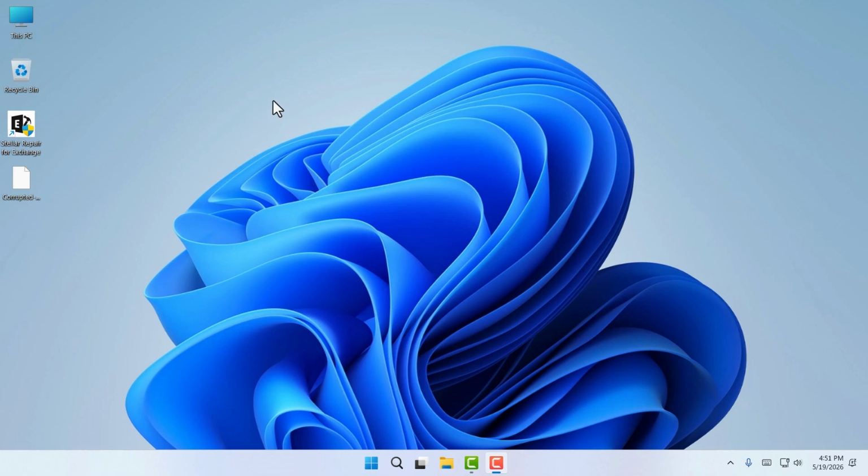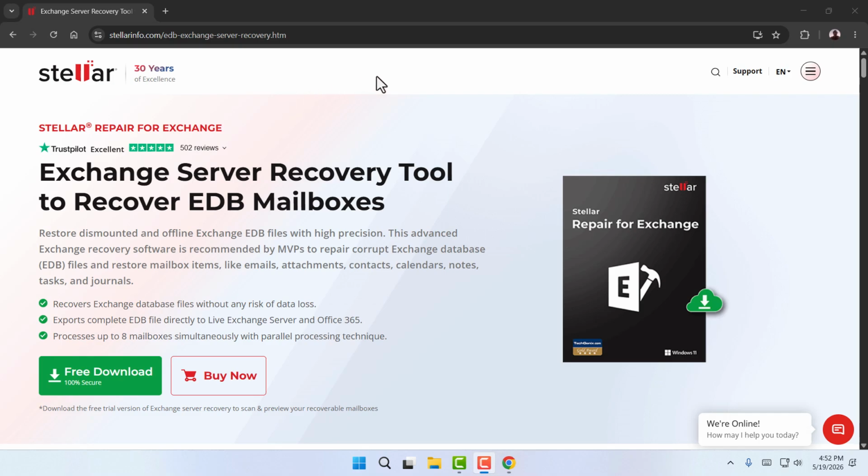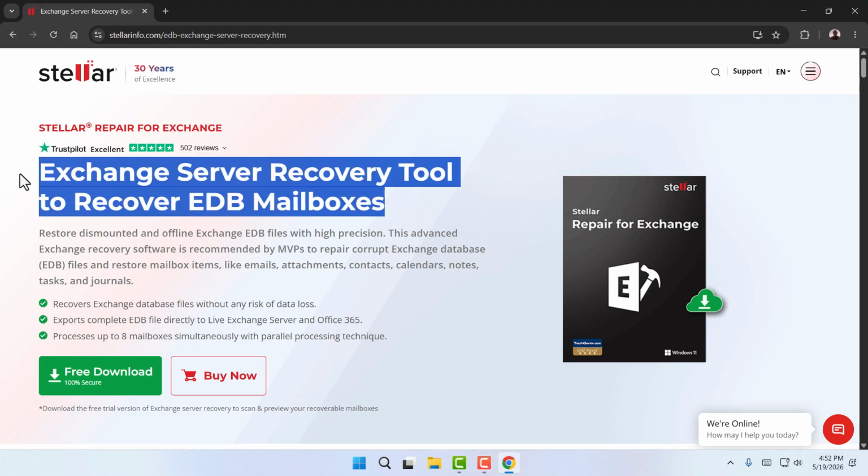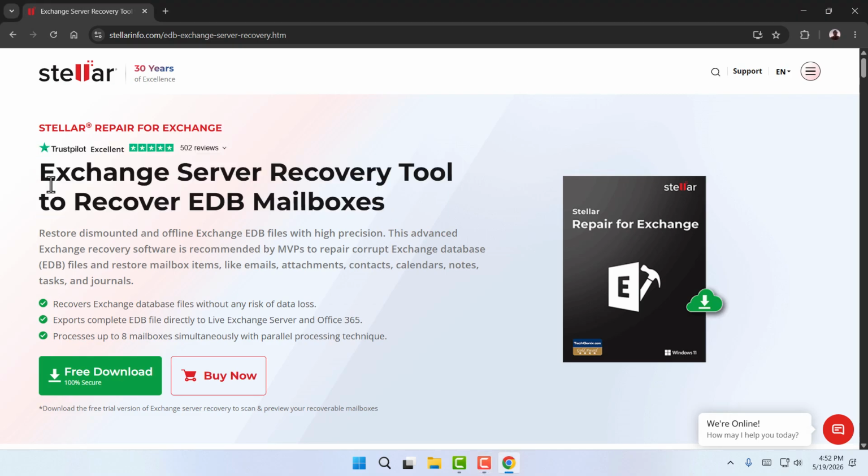In a professional business environment, Microsoft Exchange Server is the backbone of daily communication. It stores critical business assets like user emails, company calendars, contacts, and attachments. However, system administrators frequently face sudden database corruption issues, server crashes, or database mounting errors. When an Exchange database file, commonly known as an EDB file, fails to mount, your entire business communication can stop